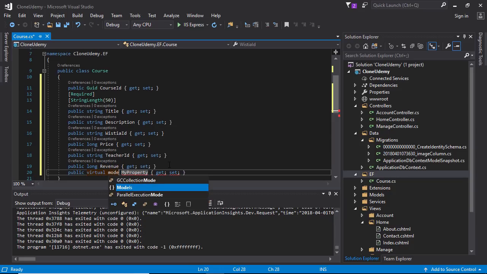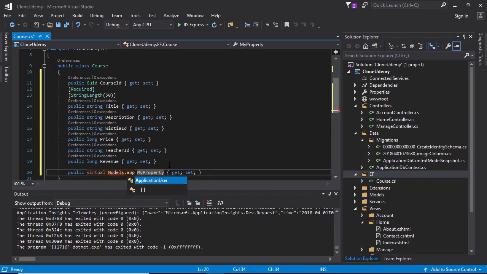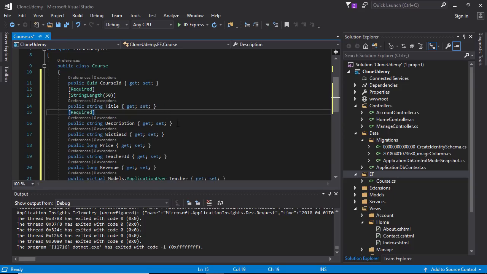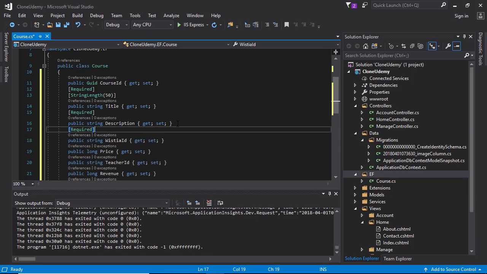And here, virtual Models.ApplicationUser. This is actually the ASP.NET user table, and we are specifying this name exactly, Teacher, and Teacher belongs to this TeacherID so that it can map automatically. This is mandatory to specify this name, otherwise it will not work. Copy this Required and paste it here, paste it here. Mainly all fields are required